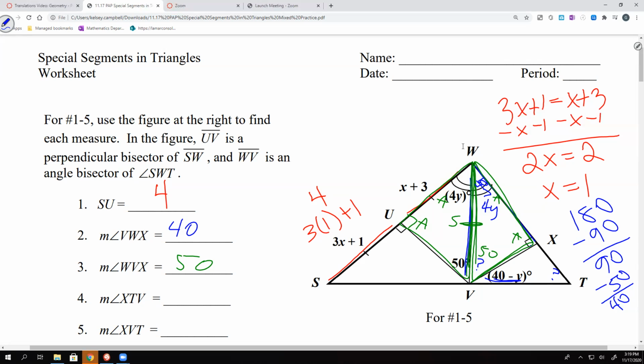So now we know 4y is equal to 40. So what's y? Y'all said 10. So y is 10. Now we can use that to figure out 40 minus y, can't we? So 40 minus 10,